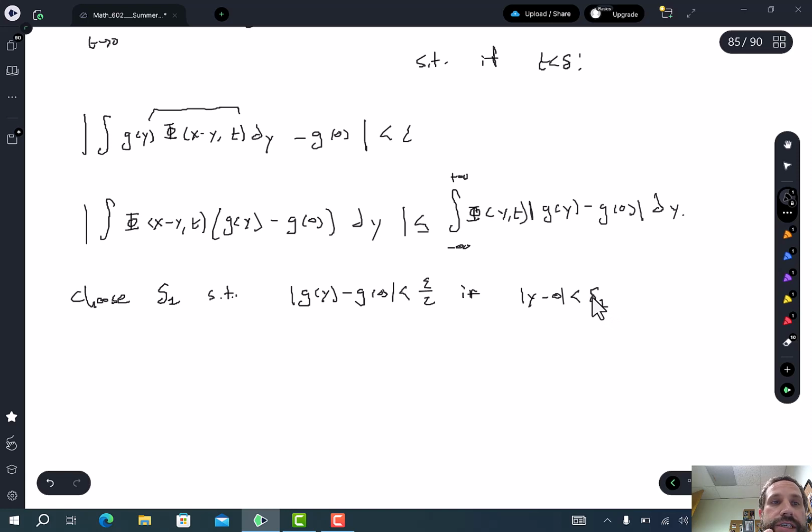Okay, and we can do this if g is continuous. So let's assume that g is continuous. If g is not continuous, we can make this work as well, but it's not as easy here. Okay, so now choose